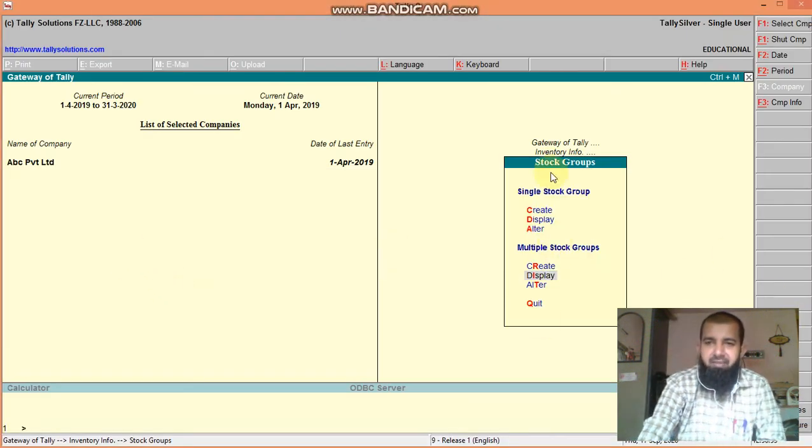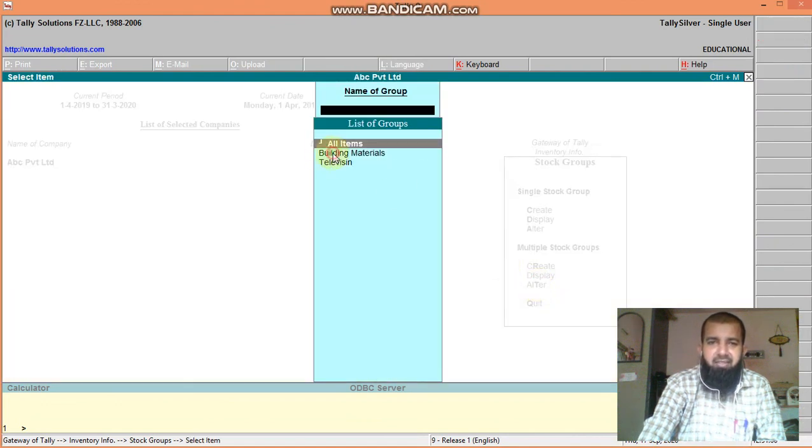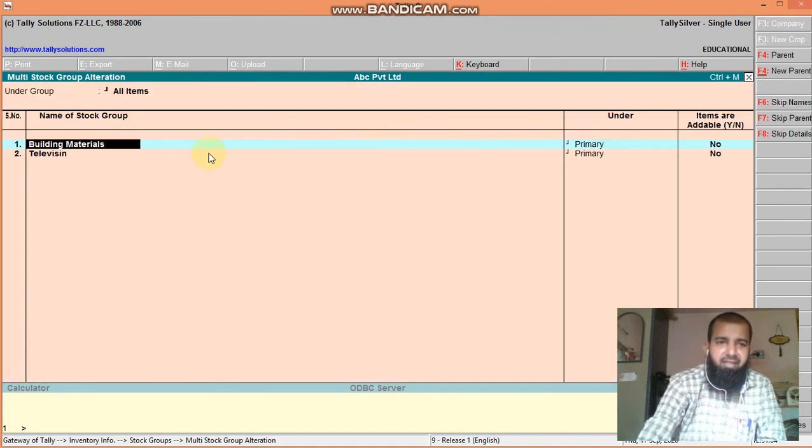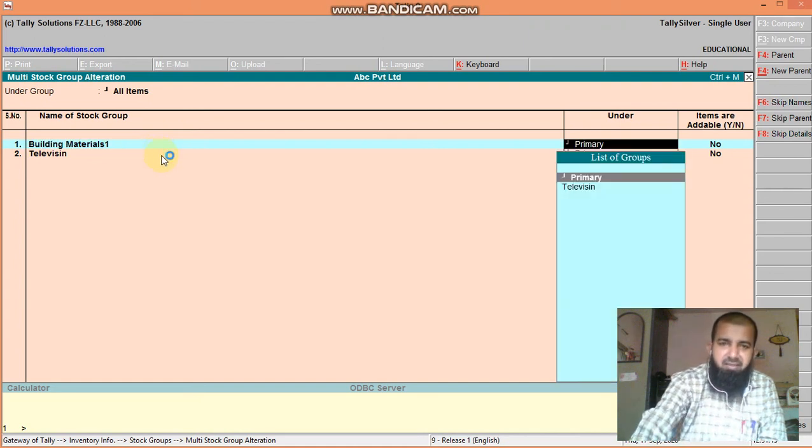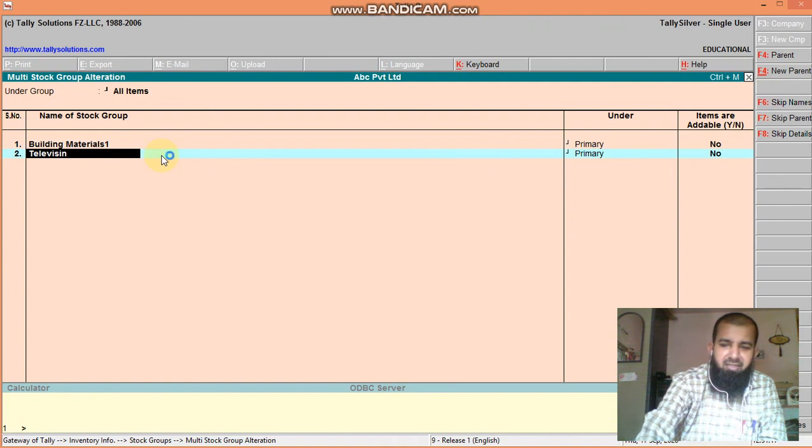Whichever you want to change, you can change. Gateway of Tally, inventory info, stock group, then alter. Select which you want to alter, for example building material. Instead of building materials, you want building materials 1, or television 1.